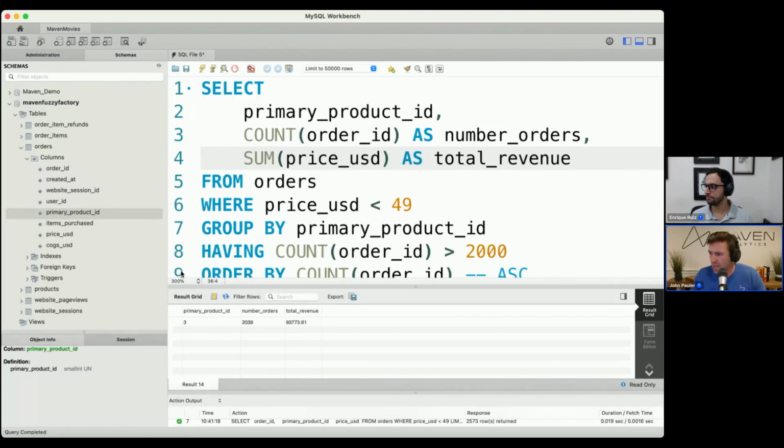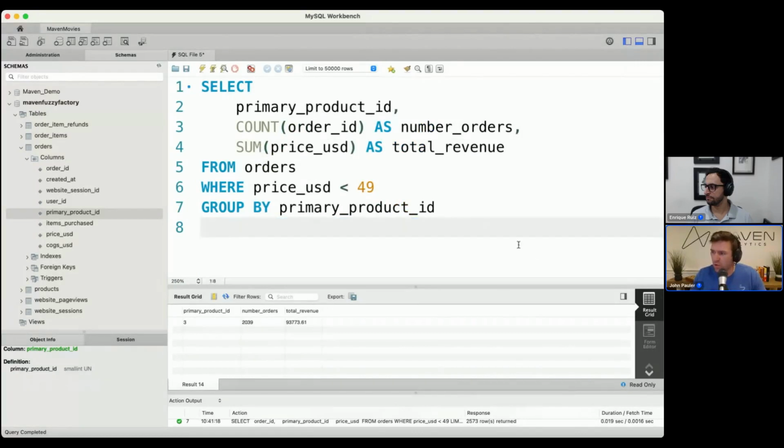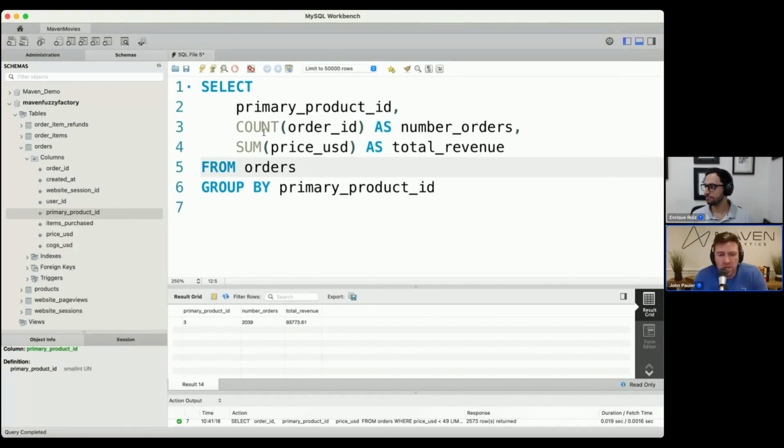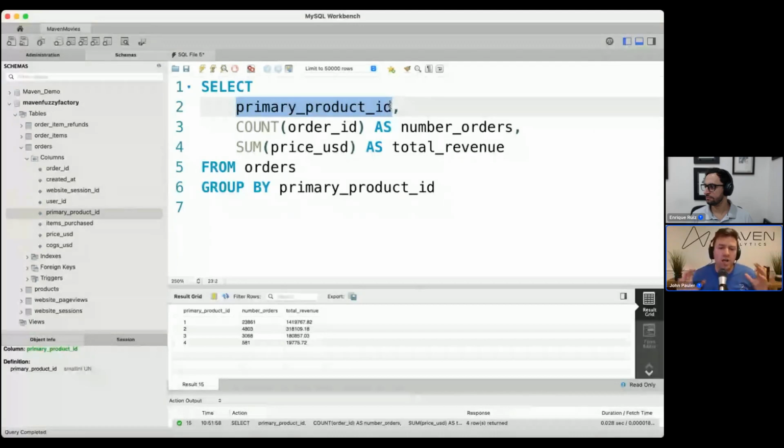Let me drop this down a tiny bit so you guys can see it. We're really just focusing here. In our select statement, let me run it so you can see the real output. It's pulling in all of these. We've got one column here that's what's called a non-aggregated column. All we're doing here is just naming that column. There's no aggregate function on it. And then the other two columns we're creating have aggregate functions. So we have three total columns: one is non-aggregated, and two of them are aggregate functions.